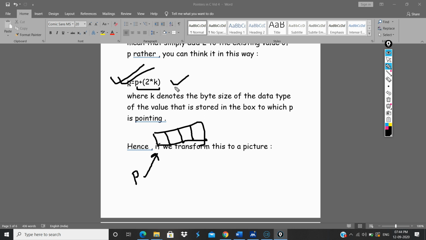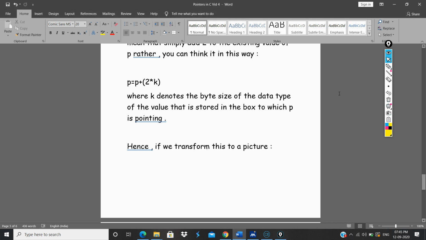After the execution of this statement, since I'm reassigning this to p, instead of pointing to the first element, p will now point to the third element here. Fine. So I hope you got the logic behind how addition works. This is the addition of pointers, this is how we do the addition.